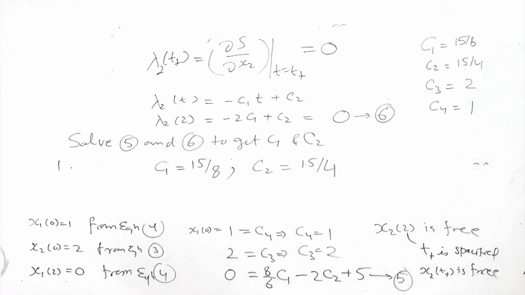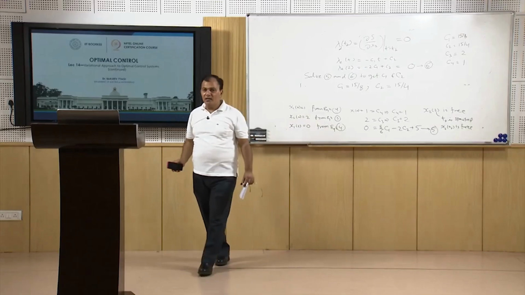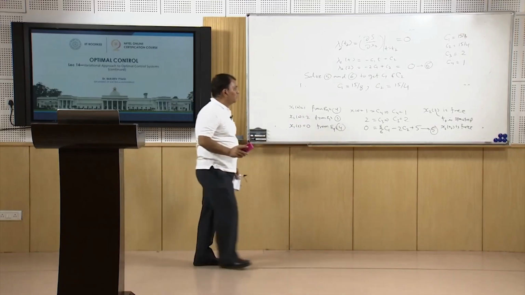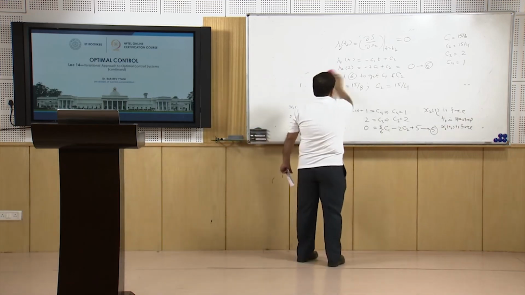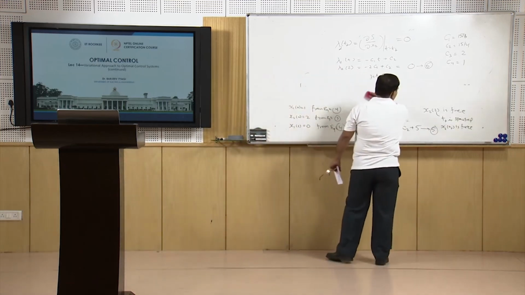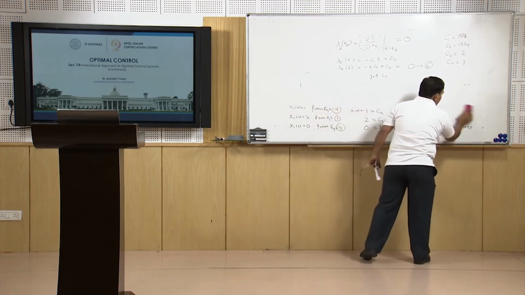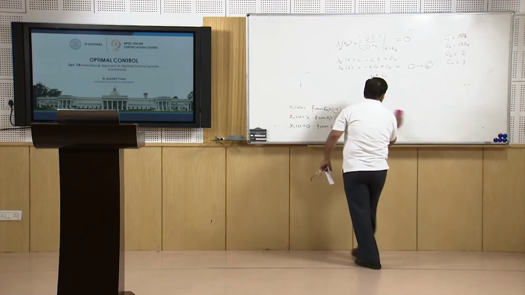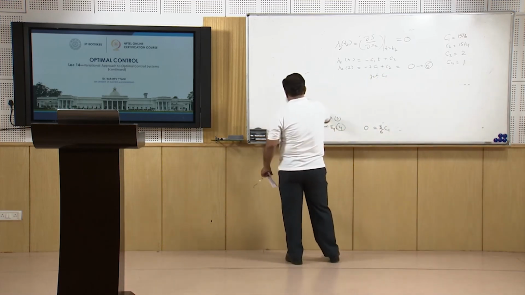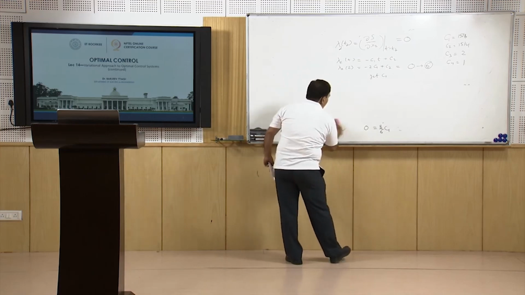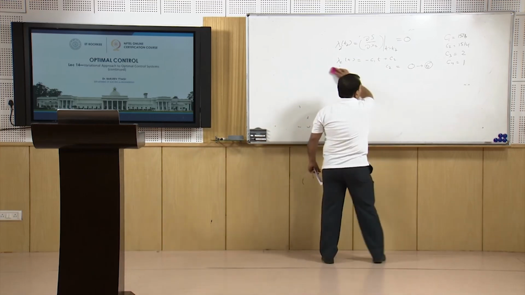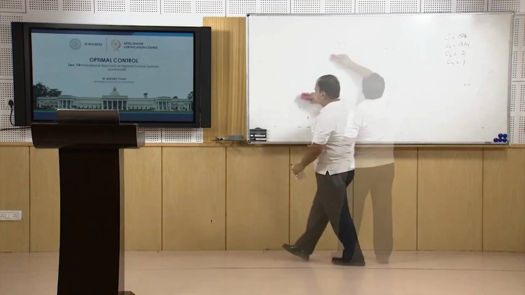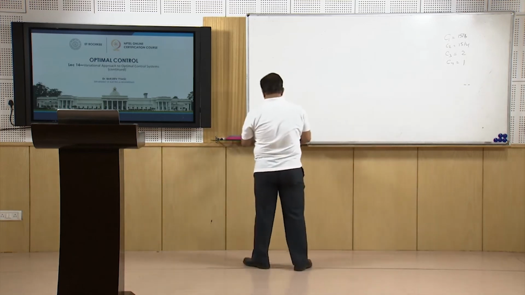So, with this C1, C2, C3, C4 are calculated utilizing the endpoint condition, and now I can represent all my optimal values in terms of C1, C2, C3 and C4. So, what I will have,